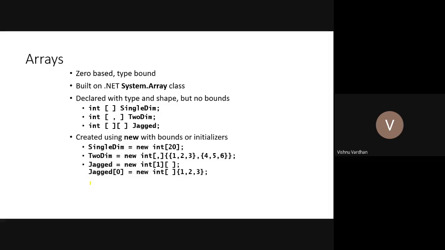Arrays, again, like in C sharp, are a zero based, type bound implementation. It's a data type actually. Again, everything is an object in .NET, so whatever kind of data type you take, basically you are creating an object. That is the first thing that you have to remember. Whether you take a class, arrays, interfaces, delegates, events, or variables, anything you take in .NET, you are actually creating an object, in the true OOPS compliant, object oriented programming sense, in the first place.